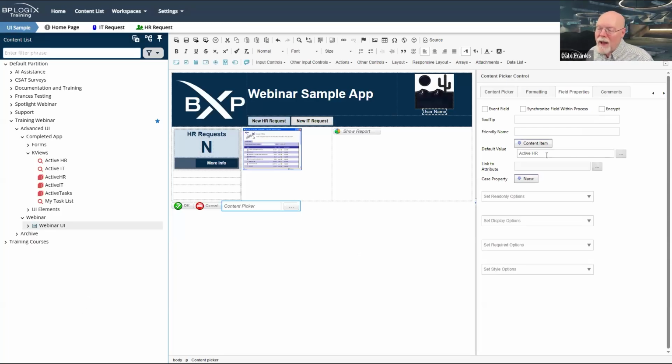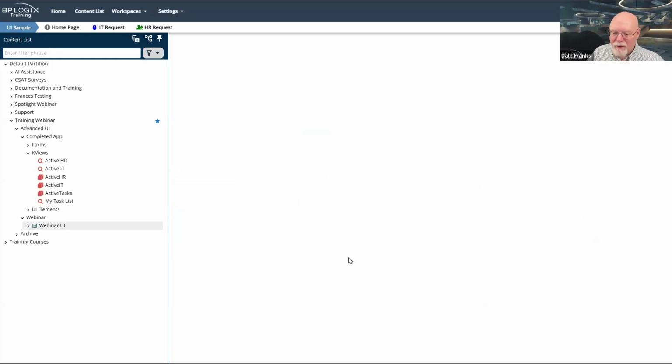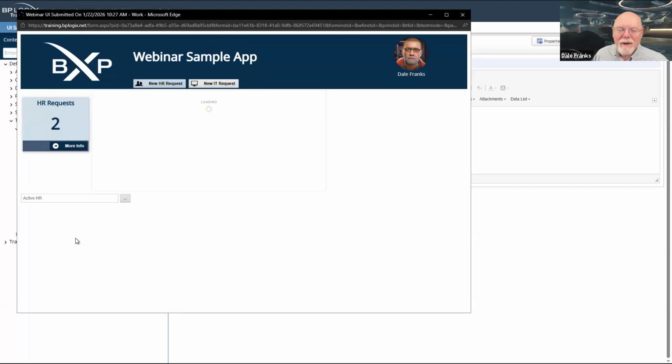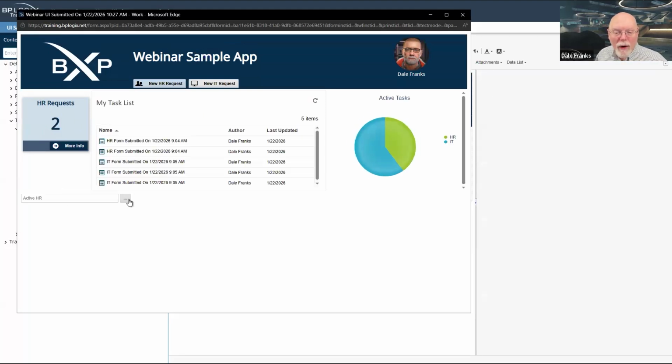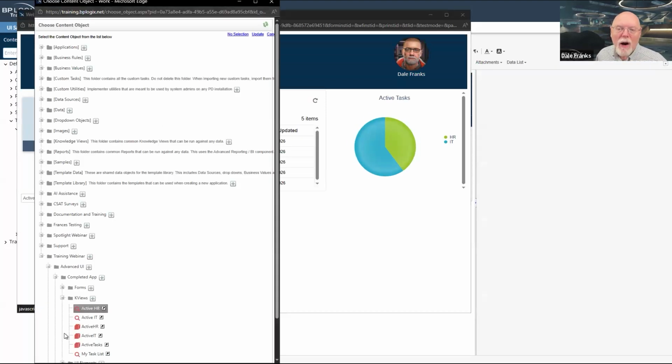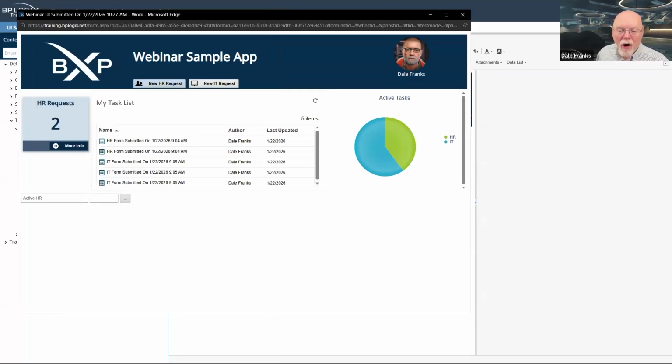Now we're setting that as the default value for this content item. So when the form runs, and yes, I know it's not going to be hidden when the form runs, it's going to be pointing to that ActiveHR knowledge view that is providing our data.